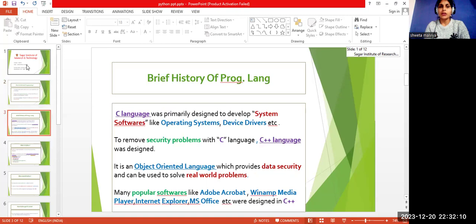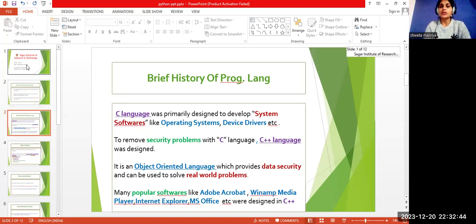Brief history of programming languages. When the C language was designed, it was designed for the purpose of system software like operating systems and device drivers. To remove some security problems in C, the C++ language came to the market, and it is popularly used as an object-oriented language which provides data security and can be used to solve real-world problems.